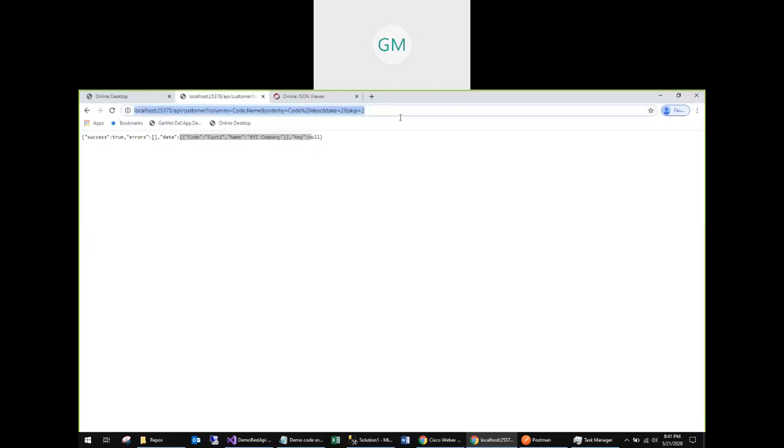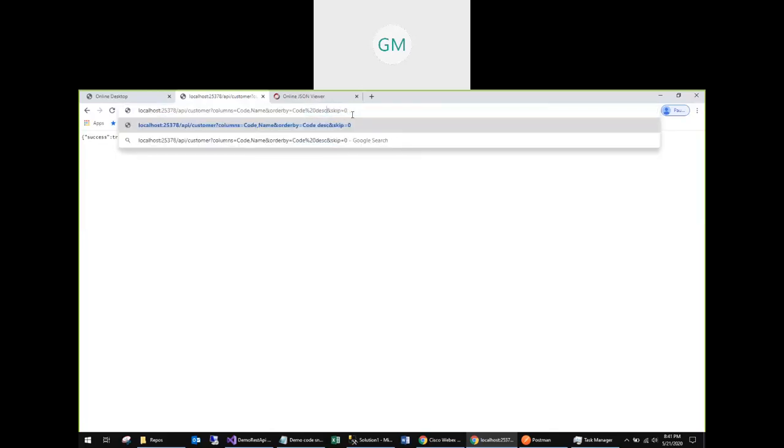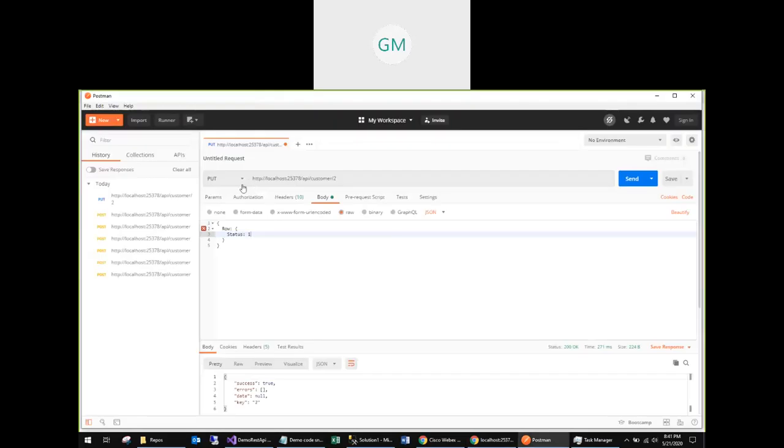So if we skip 0 records, it should bring us all, 1, 2. Yeah, because take is 2. Now let's remove take. Skip 0. Okay, we got 3 records. So the paging, as for now, we've seen the ordering, selecting the columns, paging, and filtering. Because it takes more time for filtering, the idea is